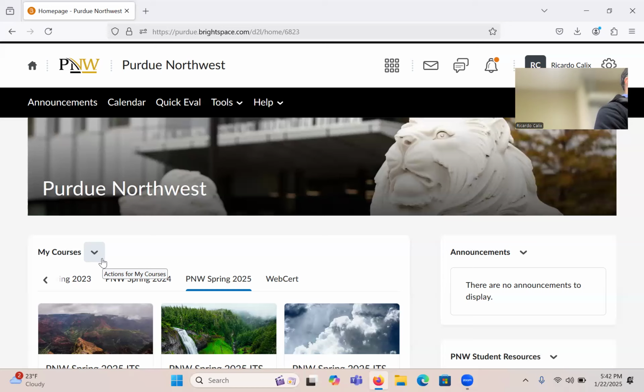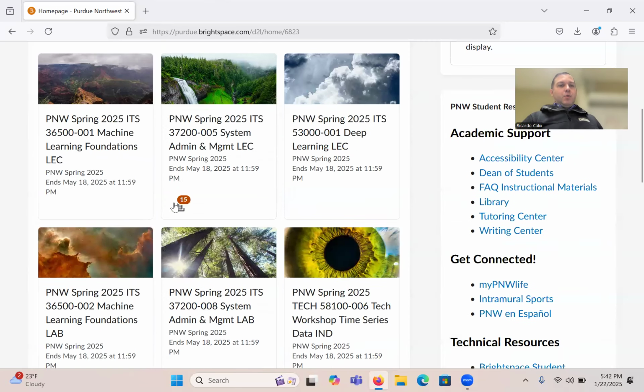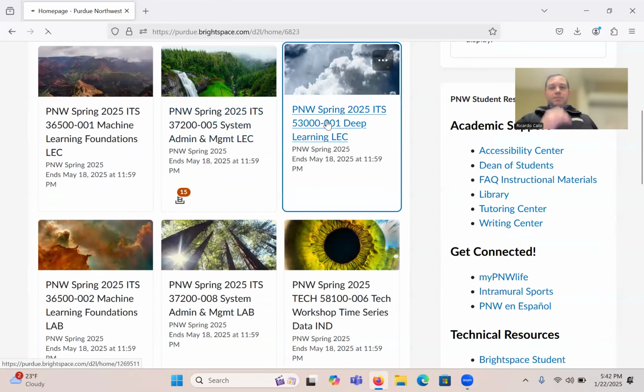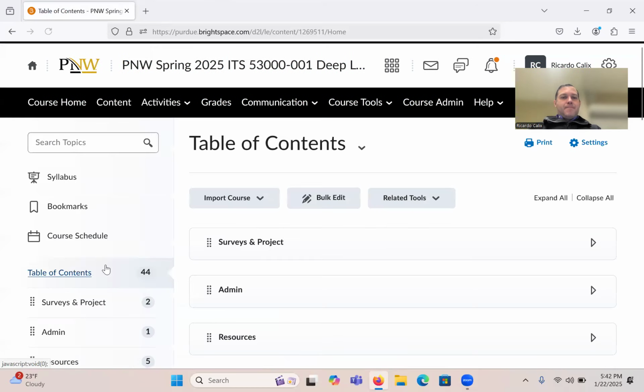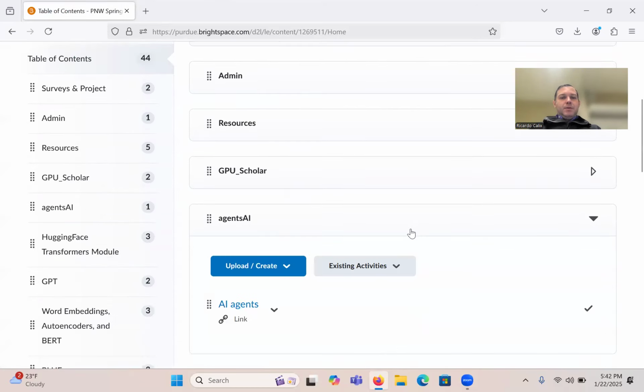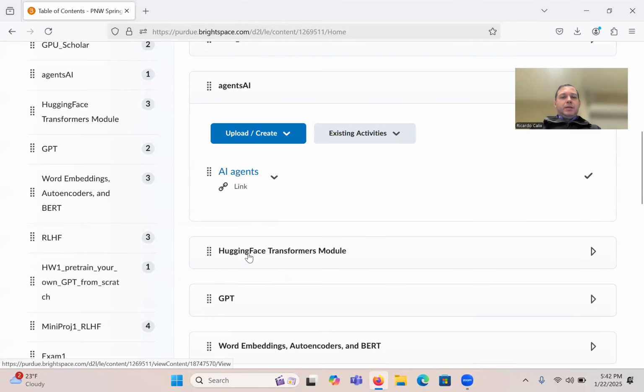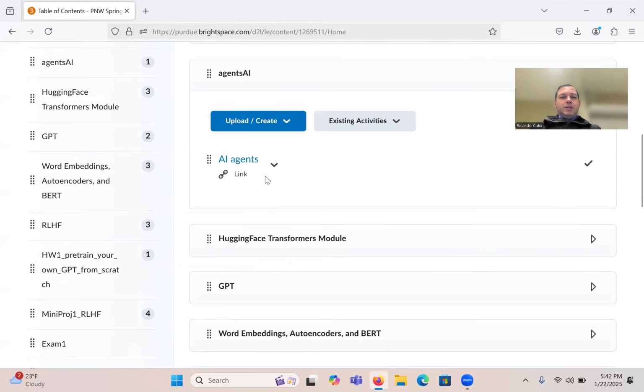This is going to be under transfer learning. Let me do it here, actually. So let's go to the course website. Content. So AI agents. I provided the link here, and this is kind of where we are. I'll probably just add the papers here. So if we click on this link,